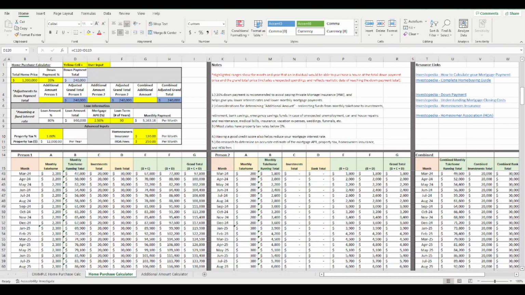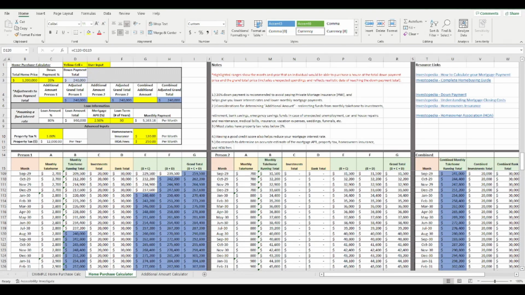Scrolling down, we can see that the spreadsheet shows that August 2030 will be the date that we will reach the 20% down payment total, $240,000, as shown in the dark blue highlights. However, we need to apply an adjustment to the number to obtain a realistic date that we'll actually reach the 20% down payment total. Between now, 2022, and August of 2030 would be around 8 years, so we will